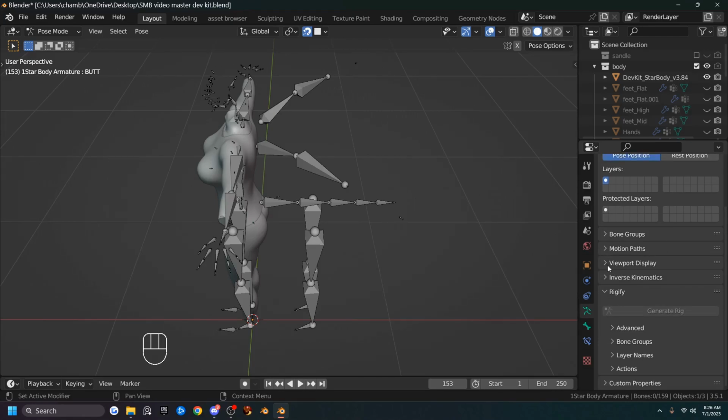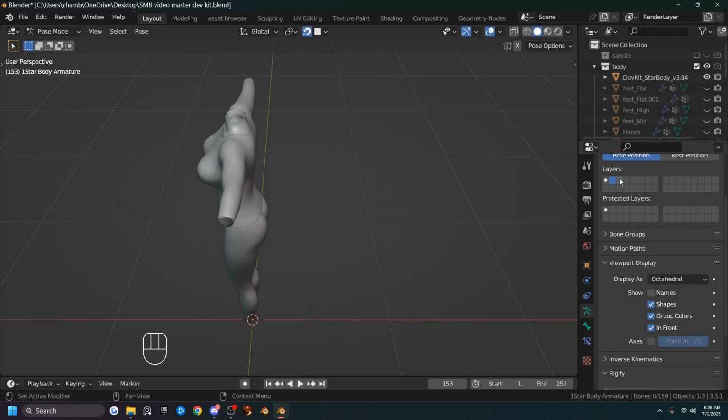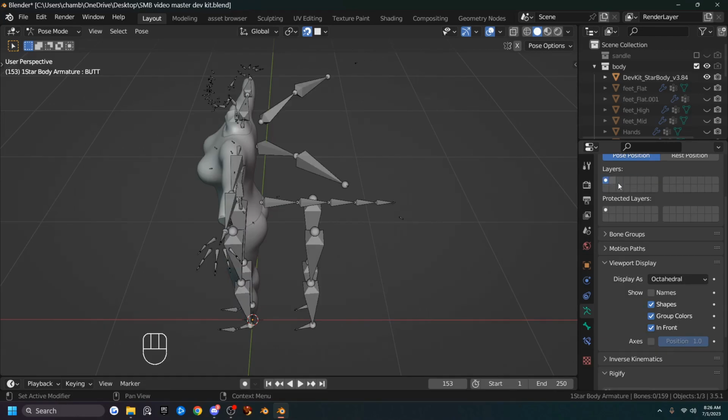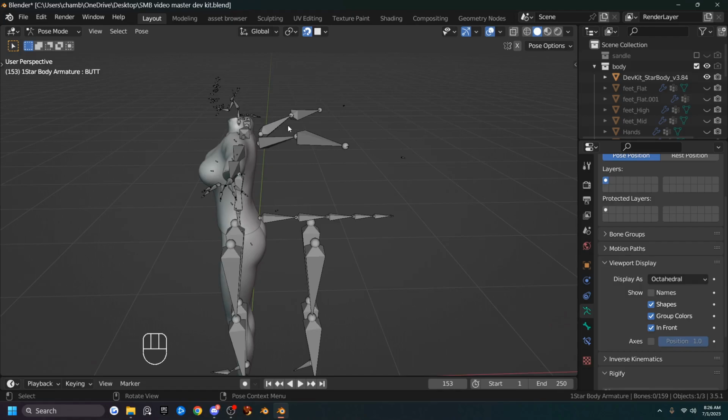I got the viewport display open because we're going to change this in a little bit. But each one of these is a different layer you can put different bones on to hide and show bones, because you can't do it up here. So the first layer has all the bones in it, and since we're in pose mode, we can select some